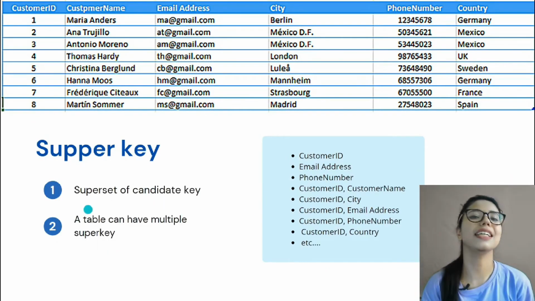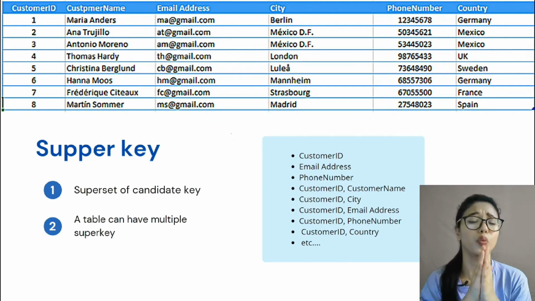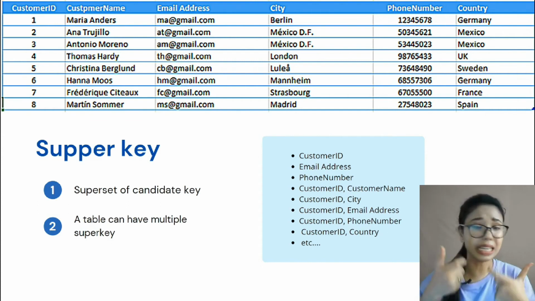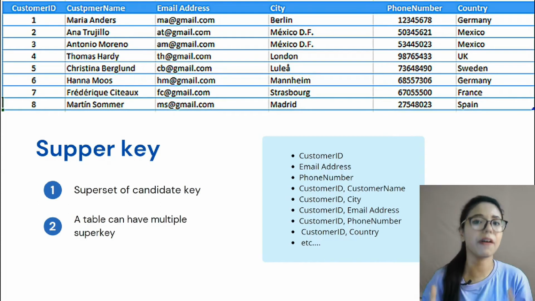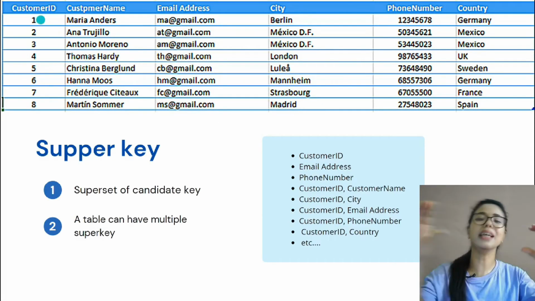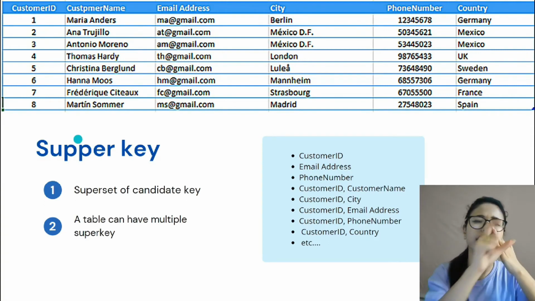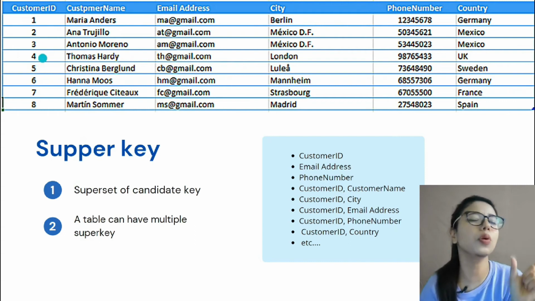Now the first key is the super key. A super key is a superset of a candidate key. What is a candidate key? We'll discuss that. A table can have multiple super keys. What is basically a key? A key is a unique identifier of a table. Unique identifier means that if something makes a row unique from other rows, that column, that attribute,